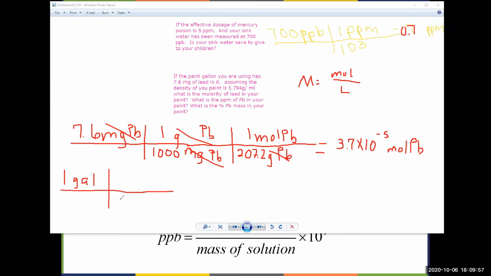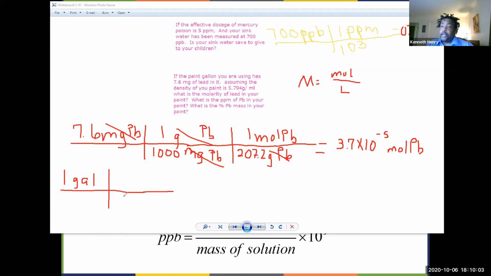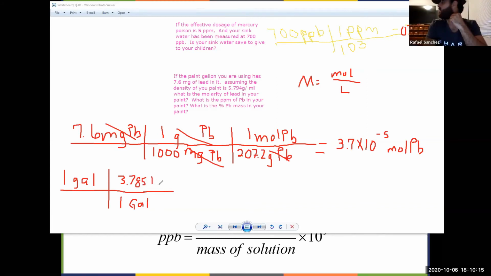1 liter is equivalent to 0.264 gallons. Okay, I'm gonna write it the way I remember it. 1 gallon equals 3.785 liters, which is the same thing that you said. Only thing, I hate using decimals. I would prefer bigger numbers. So,